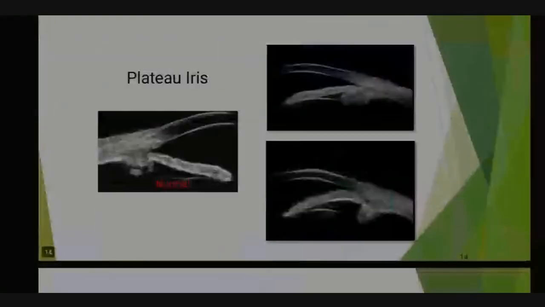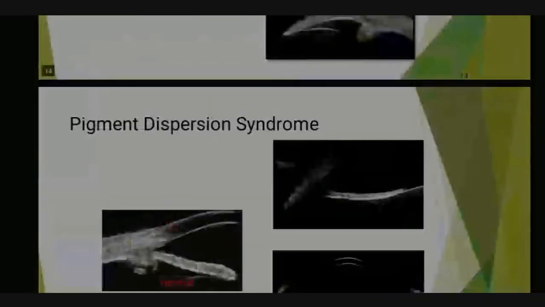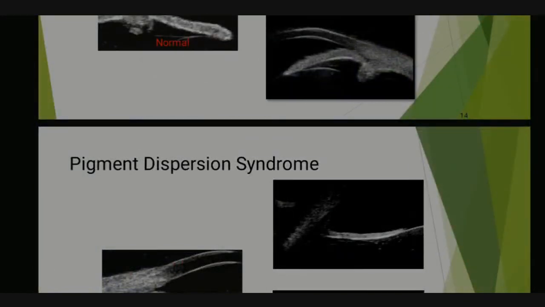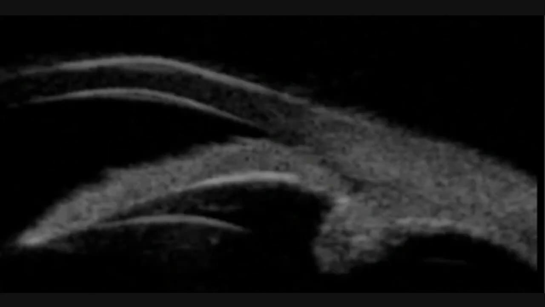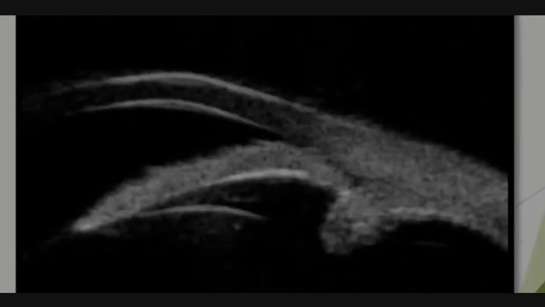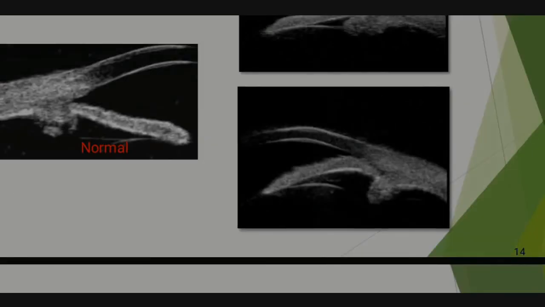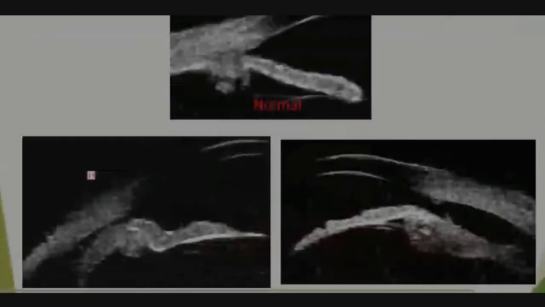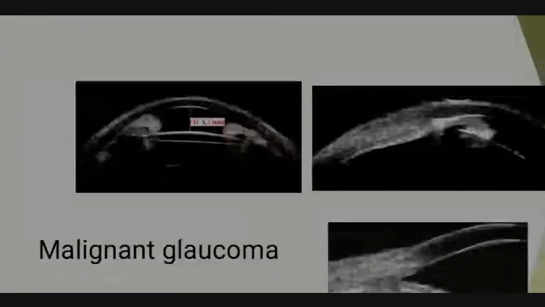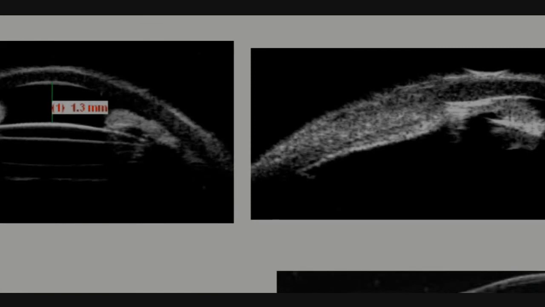Will you be able to identify whether it has been plastered or is just touching with a UBM image? Here you can see, here it is just a touch. This region is only a touch. You can see the anterior bowing also. Touch and bowing. When I showed, you see it is totally plastered. This is totally plastered. Like this only we can differentiate.